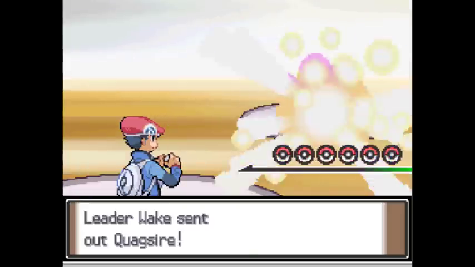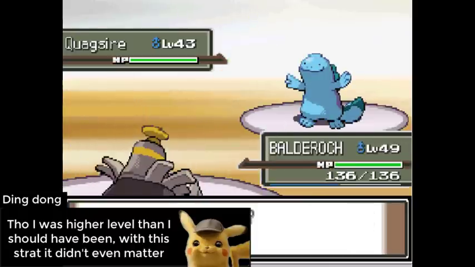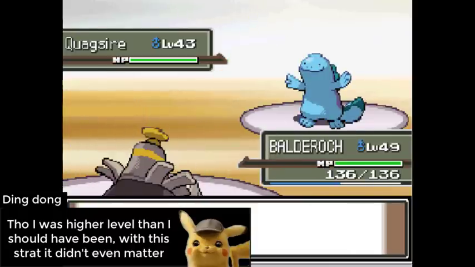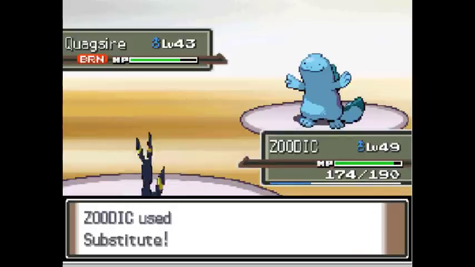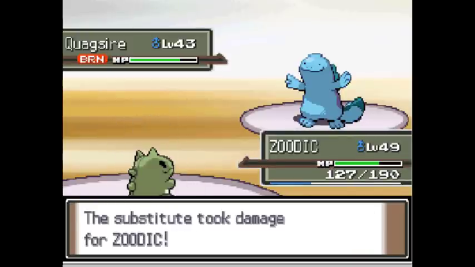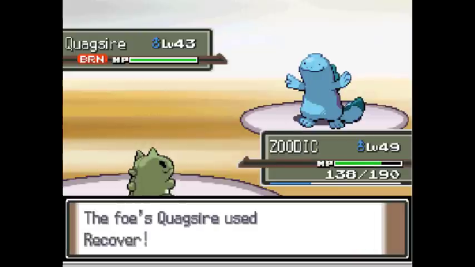Now this gym can be very hard if you're unprepared, with the Perma Rain, but if you can counter his lead Quagsire, you're free to set up as much as you want. And that's exactly what I did. First, I burned the lead Quagsire with Dusknoir, who's so bulky. Then, now that Quagsire is significantly weakened, I switch in my Umbreon, I get a substitute, then I